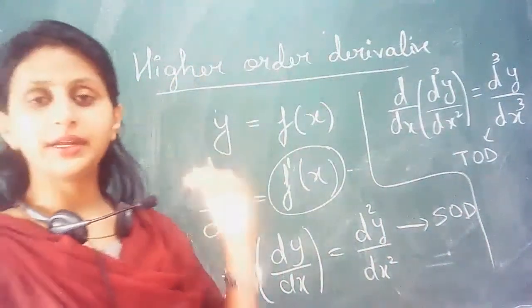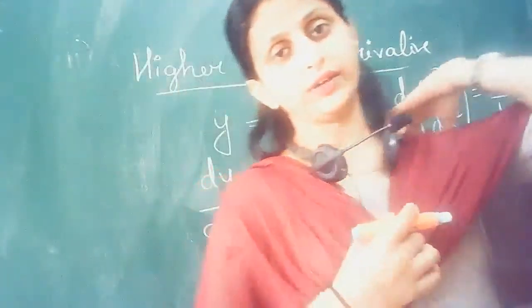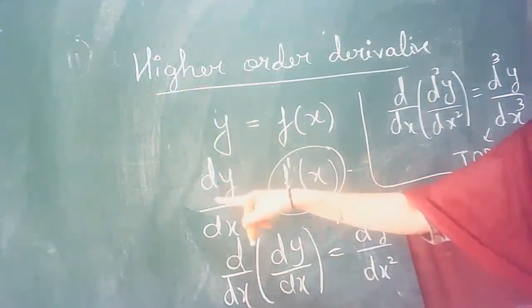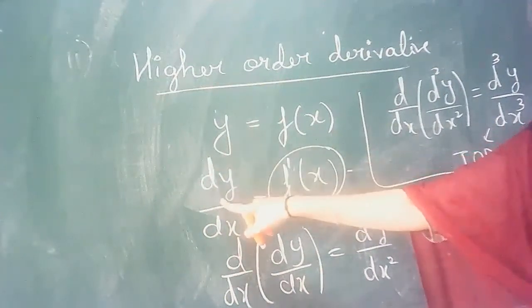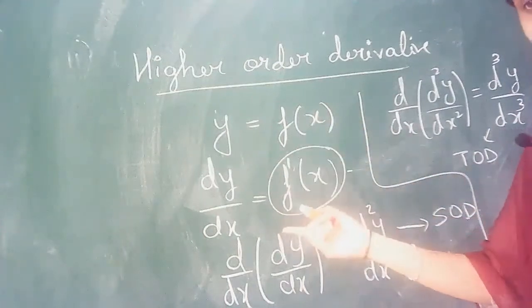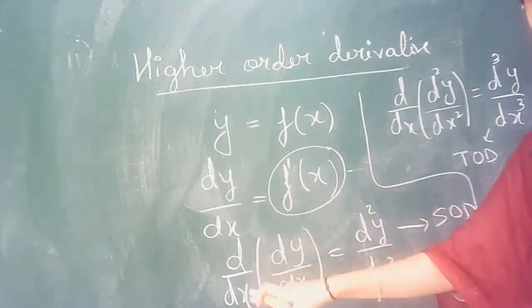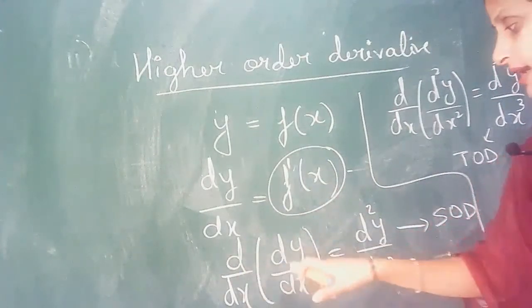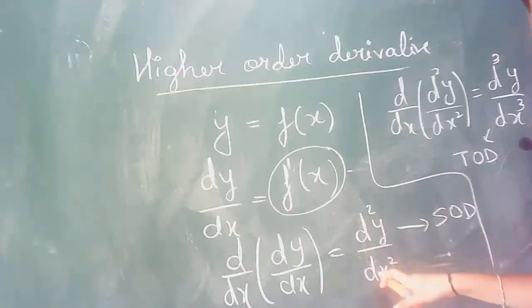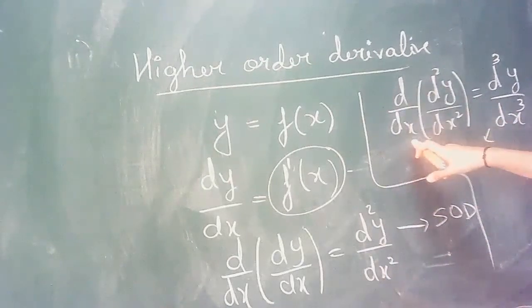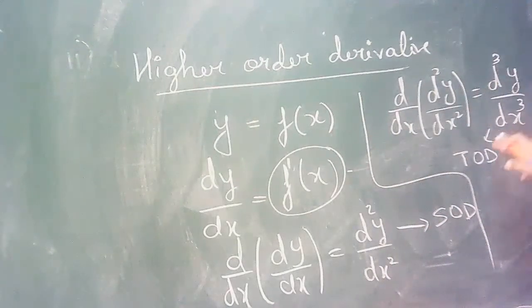Similarly, if we go on repeating it, we will get higher order derivatives. So I hope you understood what we are doing here, students. When we differentiate the function for the first time, you will get the first order derivative. And if this f dash of x is differentiable, only if it is differentiable, we will differentiate it again with respect to x. That time what you will get? d square y by dx square, and this is nothing but the second order derivative. Similarly, if you differentiate it again, you will get d cube y by dx cube, and that is nothing but the third order derivative. Similarly, if you go on